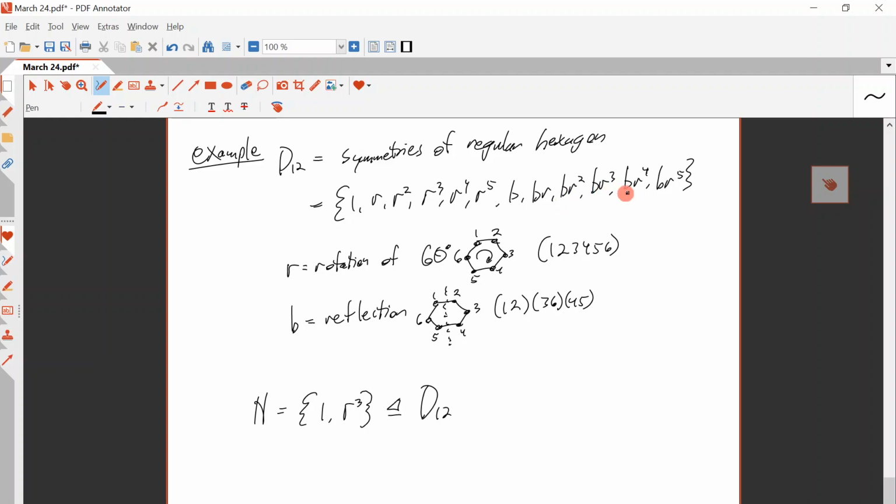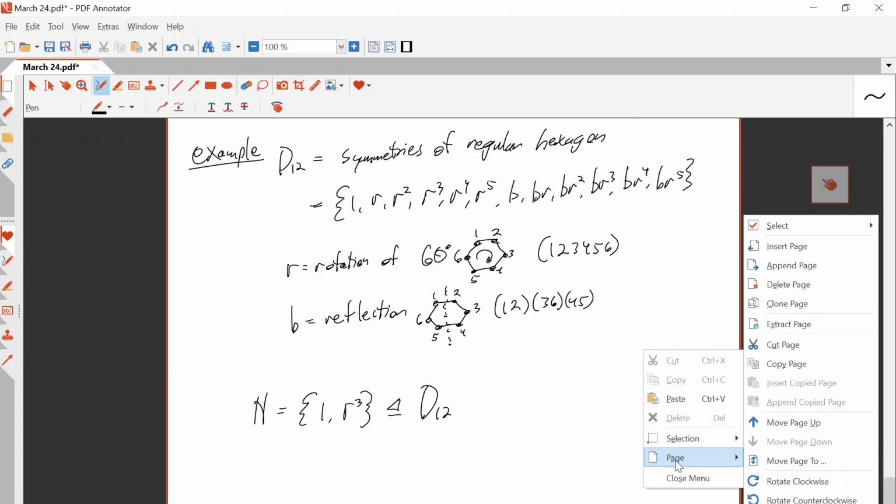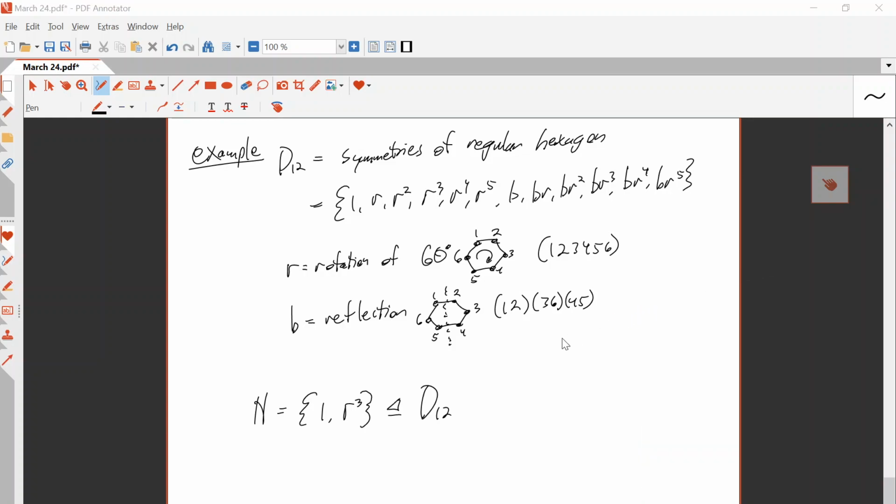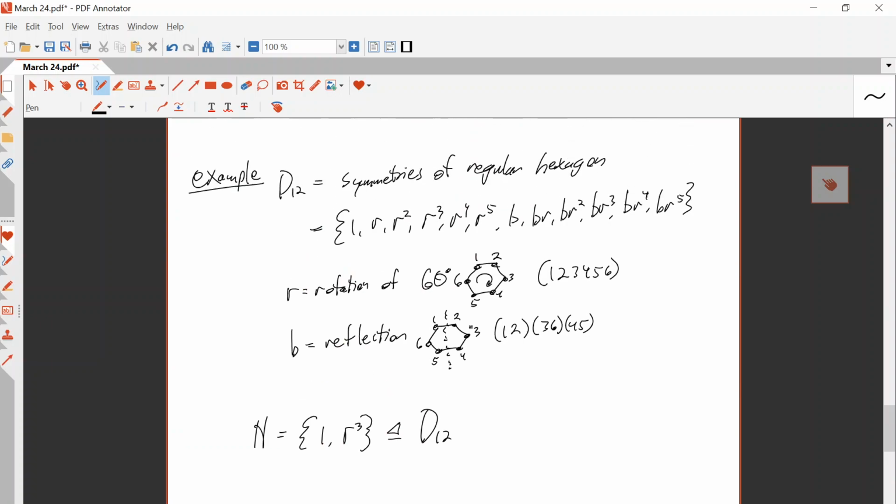Why is that a normal subgroup? Should we check that? Well, we need to check that. I think we need to get the relationship between these two things here. RB is equal to 1, 2, 3, 4, 5, 6, 1, 2, 3, 6, 4, 5, which is equal to